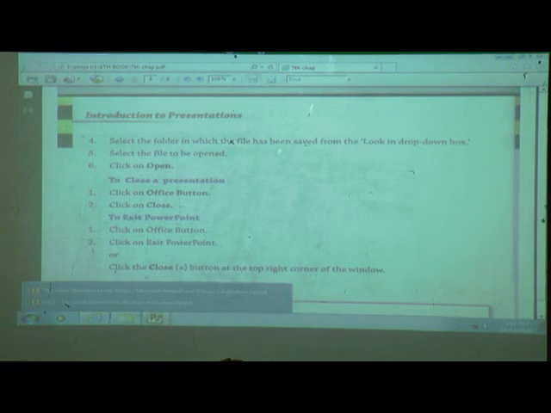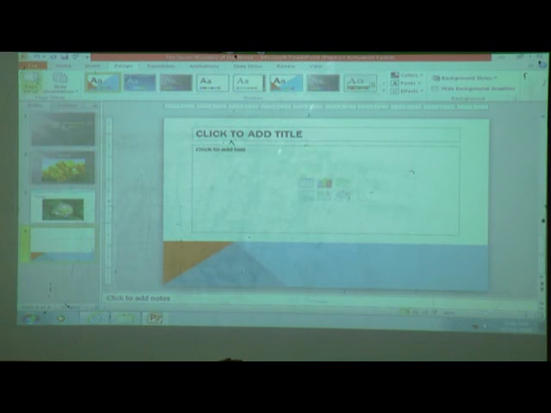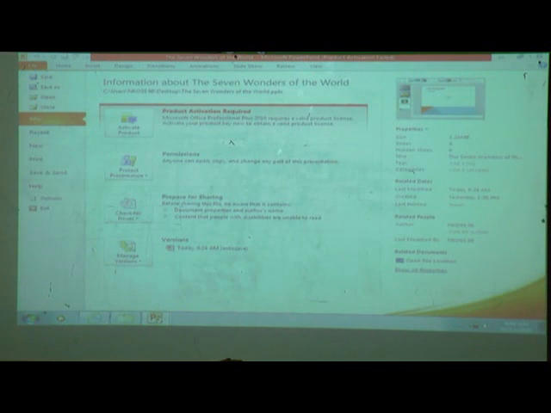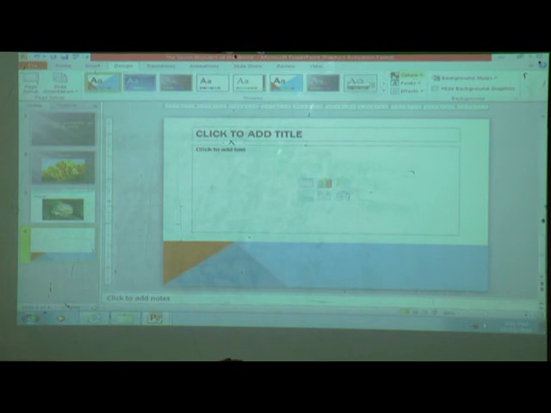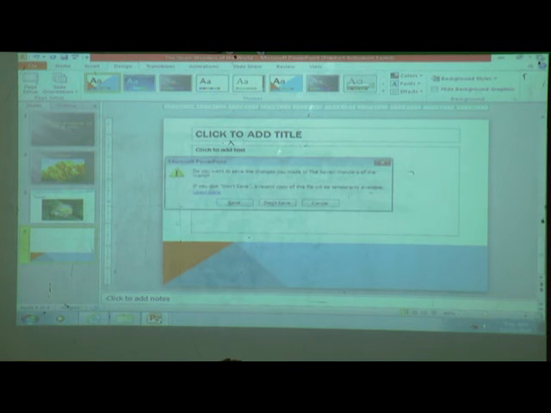You can see this File option and then Exit. Here also you can exit, or directly you can see there are three buttons: Minimize button, Maximize button and Close button. By using this cross button, the Close button, we can directly close the file.